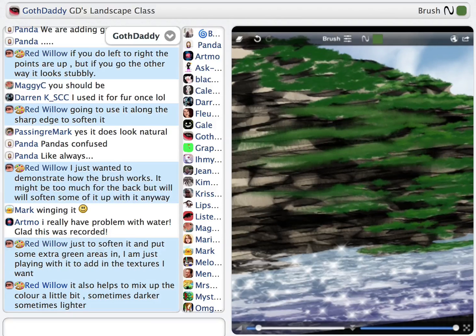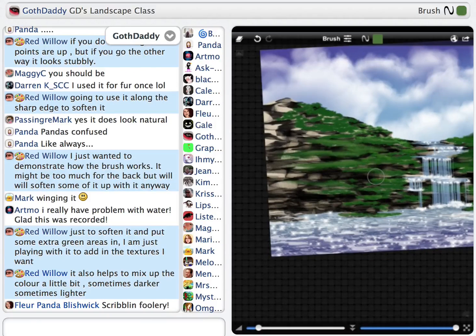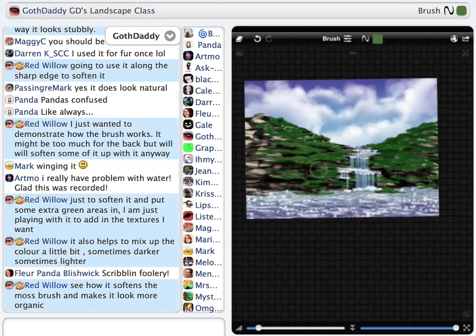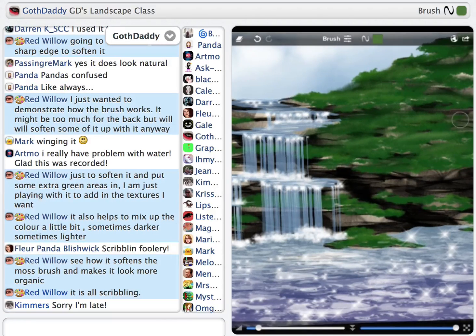Put some highlights on top. This is where I really like this grass brush for the highlights. And just kind of tap it in. No big long lines necessary. I kind of messed that up over on the other side, but if you just kind of tap in,